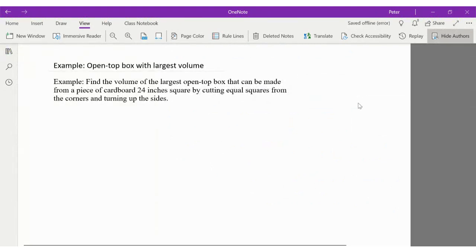So what we're going to do is find the open top box with the largest volume. This is one of the problems where we start to get into types that require a little more ability to visualize different scenarios, because you have to translate them into word problems. The other thing worth noting is that when you probably did the farmer problem in pre-calc, the assumption you were making, I'm just going to write here for a second, then I'll erase it,